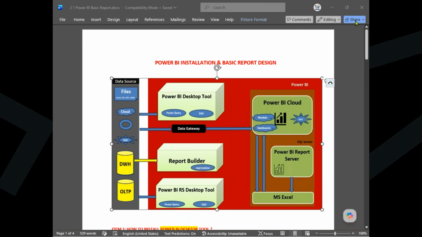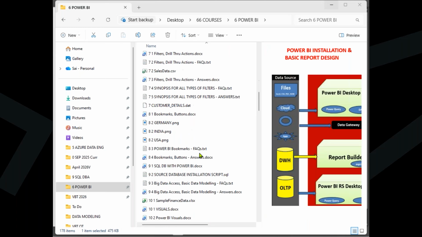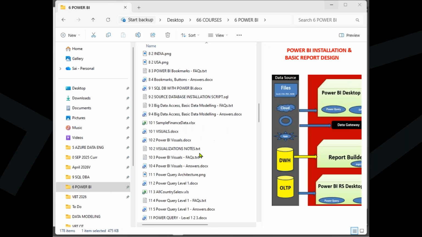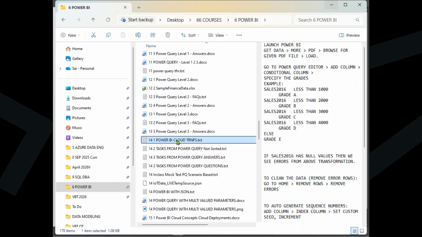There are 6 different tools in Power BI. Using those 6 design tools and with the help of 3 implementation technologies, Power Query, DAX and Copilot,